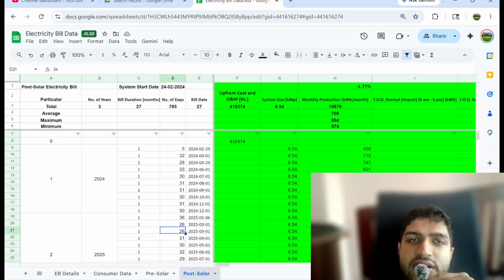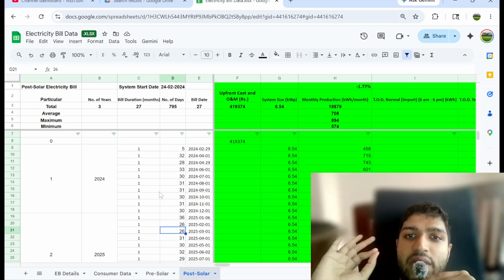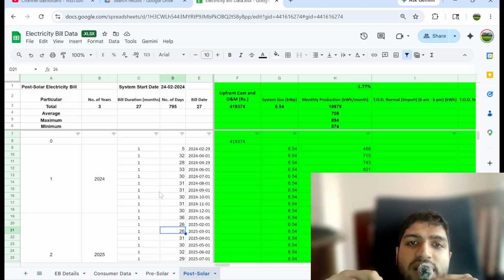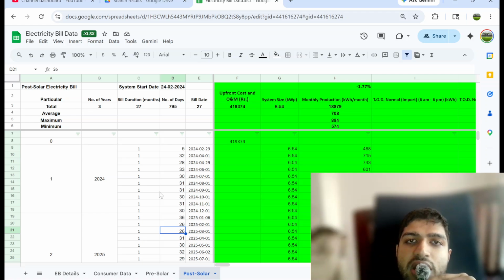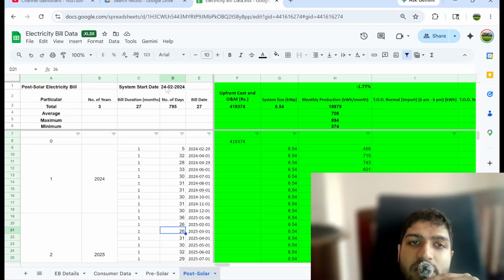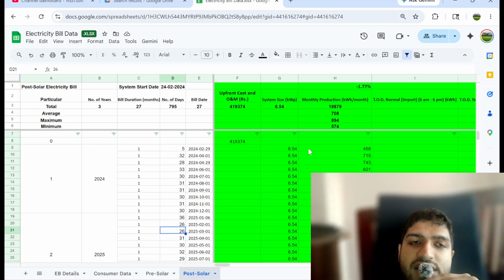Hey guys, so the most talked about subject: is solar beneficial for a residential customer? I want to explain this with a practical example, based on how many years it takes to get your returns back in solar. I installed a system on 24th Feb 2024, a 6.54 kilowatt system, and since the installation,